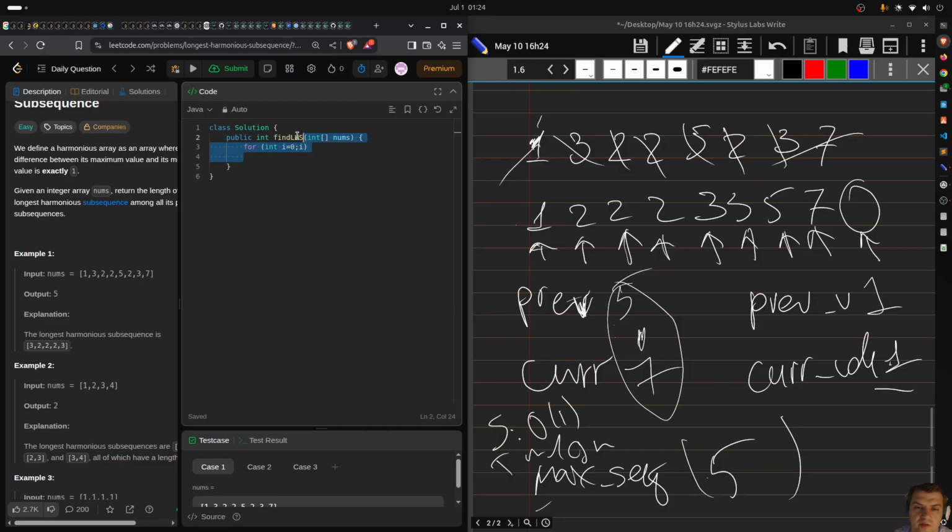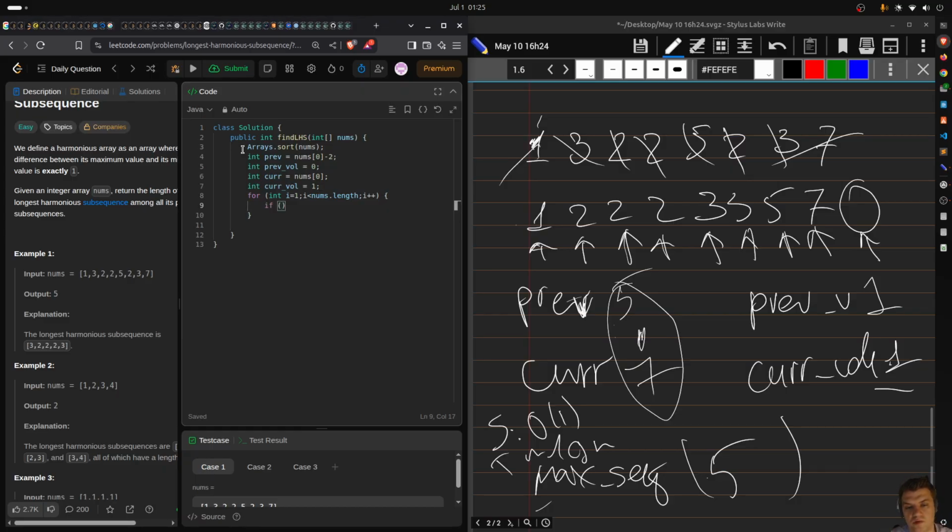First of all I need to sort nums, Arrays.sort(nums), and then I'm gonna have int pref equals nums[0] minus 2, and then int pref volume gonna be 0, and then int car equals nums[0], and then int car volume gonna be 1, and then for int i equals 1, i less than nums length, i plus plus, and then I need to check